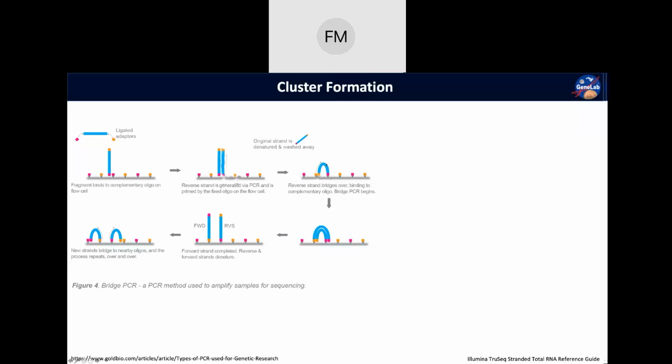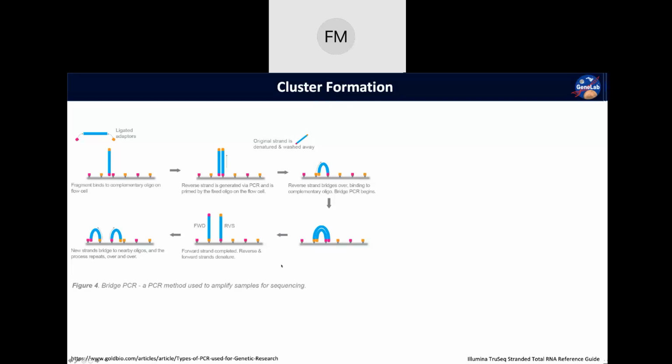So yet another PCR happens, and this is called bridge PCR, because when these flop over and attach with their complement, now this amplification is happening in a bridge formation. And so basically, this will then make a copy of that, and then it'll be denatured. And so you'll have two copies now, each of which are attached on to the flow cell. And then those will both fold over, and then you'll have bridge amplification again, and then that'll happen again, and then again, and again, and tens of thousands of times for each cluster until you have a ton of copies